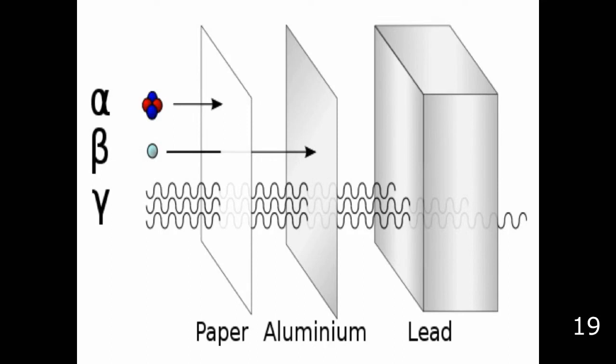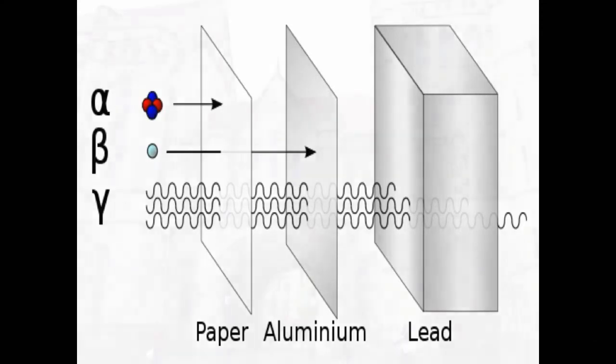In fact, it was discovered later that even thick paper could completely stop alpha particles if the paper was thick enough. And as shown in this diagram, beta particles can also be completely stopped by aluminum if the aluminum is thick enough. But the gamma rays go right through aluminum and can only be stopped by heavy metals such as